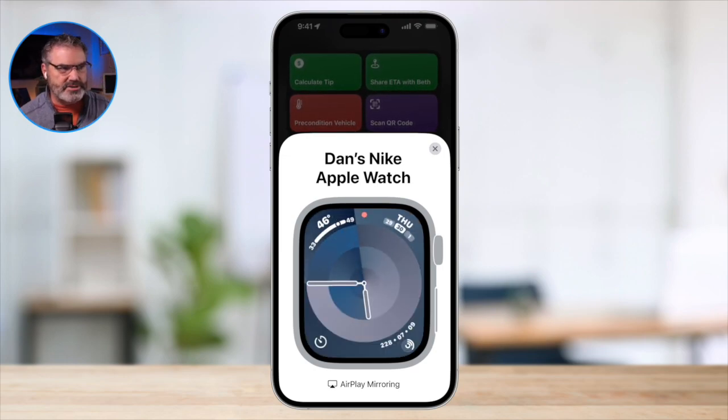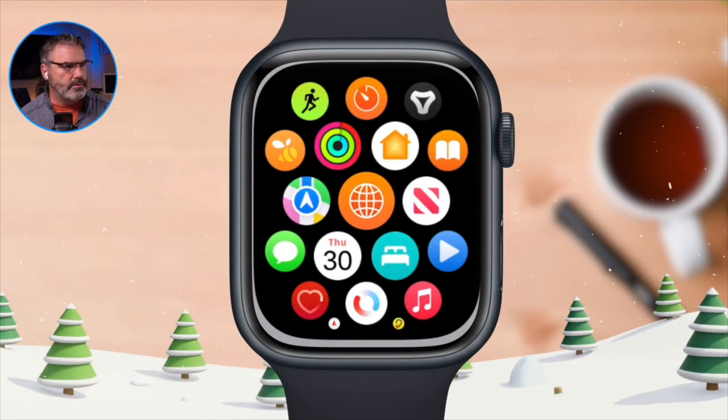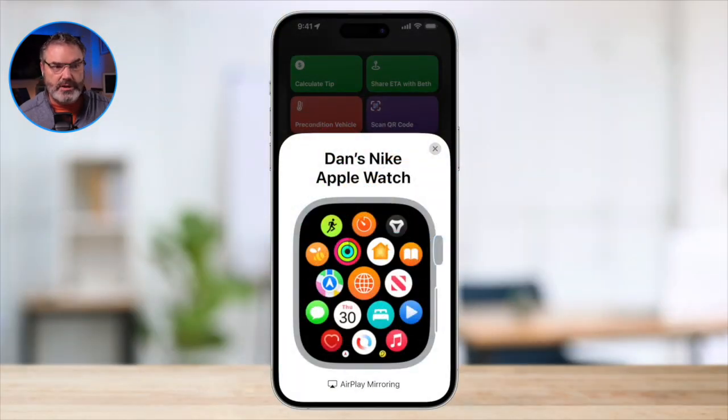So there it is, and that's basically how you can share it. So anything that I do on my Apple Watch now, you're going to see it reflects off of that. So that's how you can do it. Now I take it a step further, just because my software allows me to do it, and what I can do is put an overlay in there, and then I get that. Although it looks a little bit off there, but that's a little different. But yeah, that's basically all you have to do.